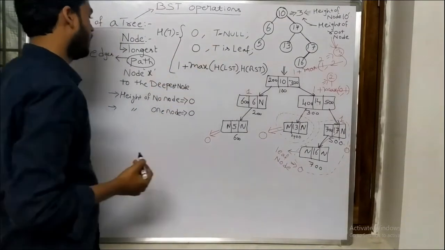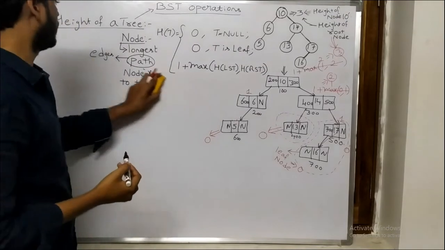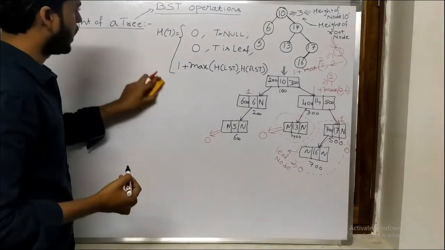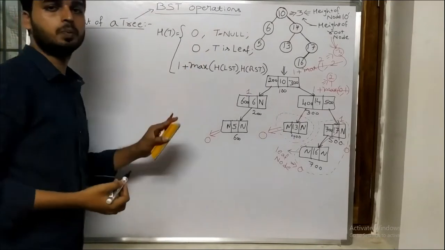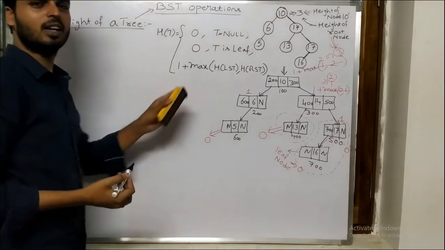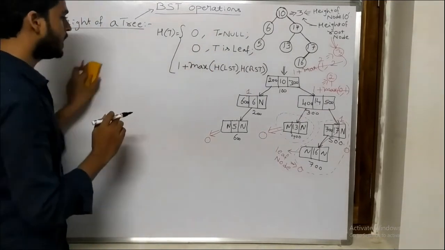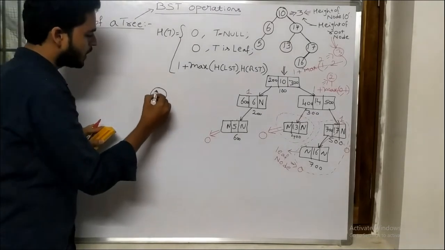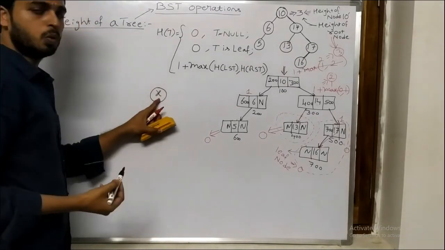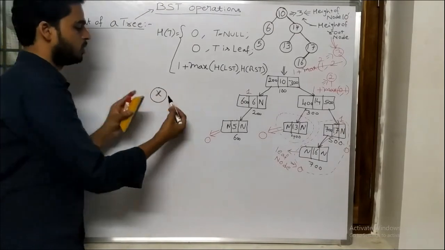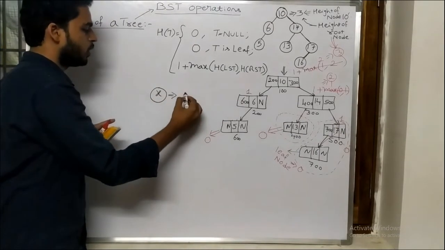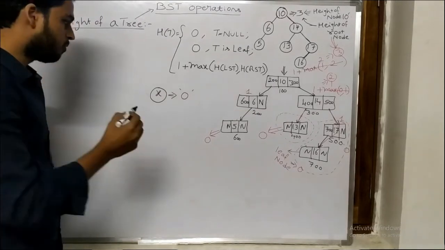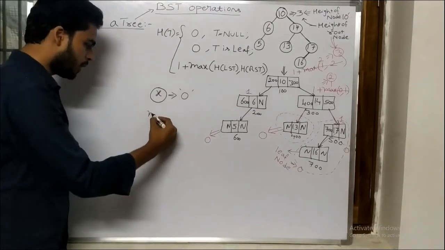Okay, many of you are getting a doubt. In some textbooks they have given the height of a single node as 0, and in others the height of a single node as 1. So for example, there is a tree with height 0. Height 0 means I am supposed to make a single node, right? So I am saying that the height of this node is 0. Right? We have one formula. What is the maximum number of nodes?